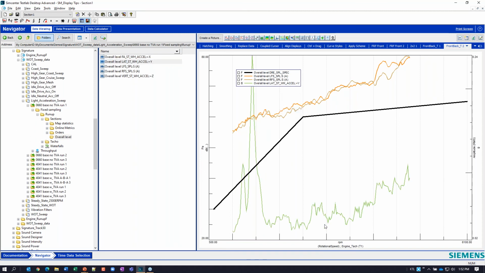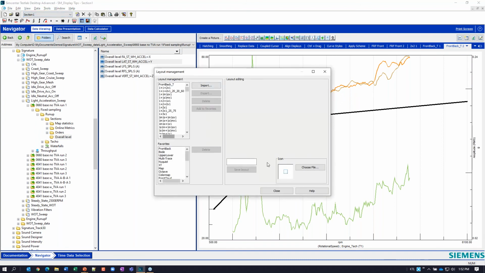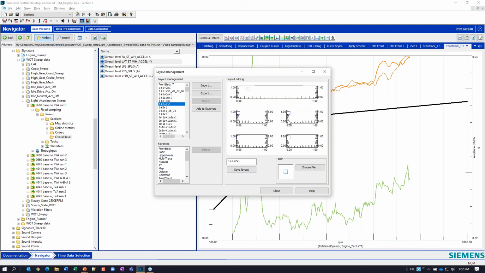Okay, so that's how I can create my own custom layout and actually save it and add it to my favorites. That layout management is also accessible under this little icon over here, but most often I just find myself going to view, layout management, and I can configure all of these favorites and build off any one of these random formats.